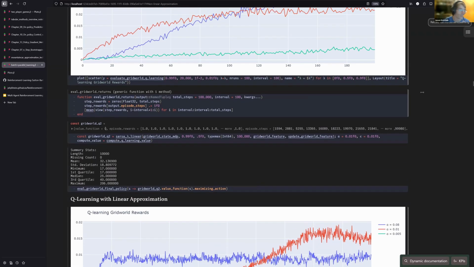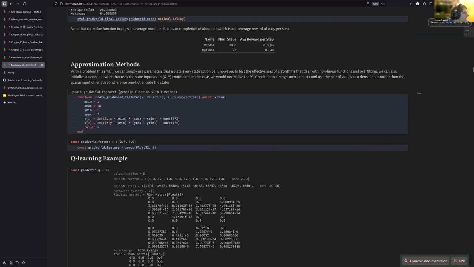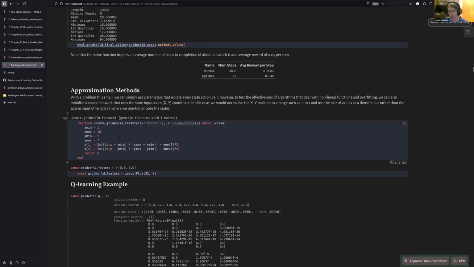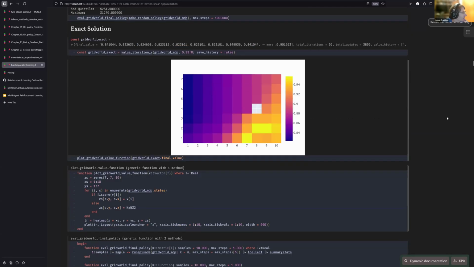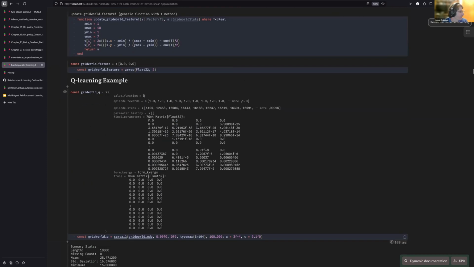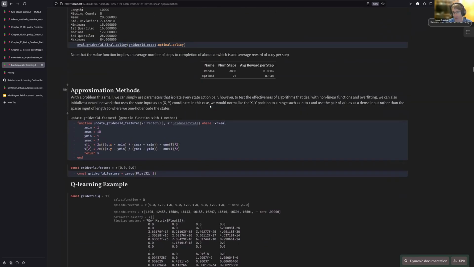Now, the linear approximation I'm using is just to give you an idea of how it works. Basically, instead of having this parameter function here, this is the version that's equivalent to tabular learning, where we have 70 by 4 parameters. Now, the simplest approximate linear function you could imagine doing for this, that's not just the tabular version,